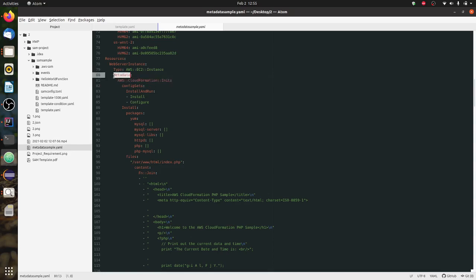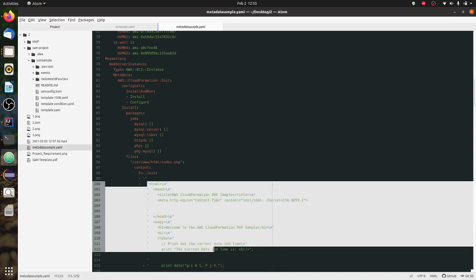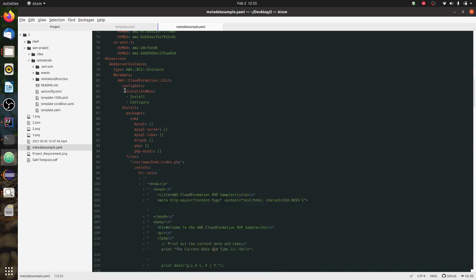So under metadata, I'm saying that yum install my MySQL, PHP, and the PHP server, and also update my index.php file with these values. So these parameters are added in my metadata,